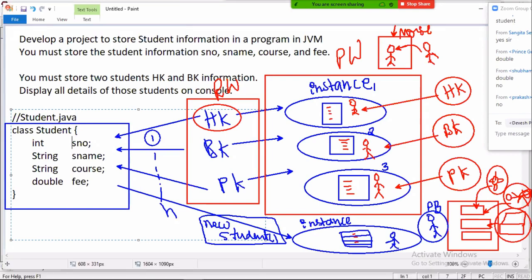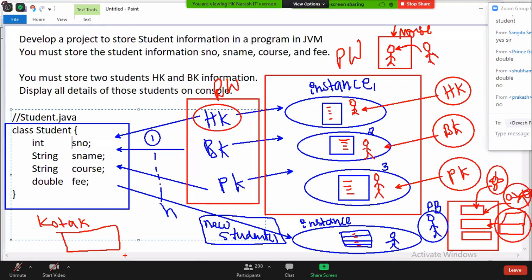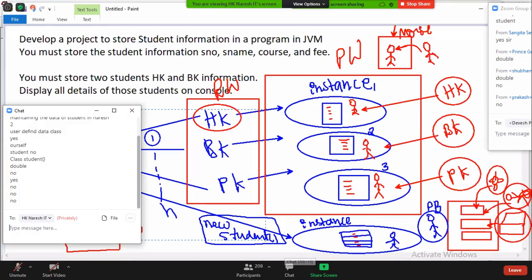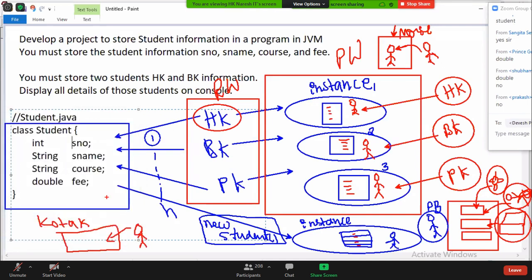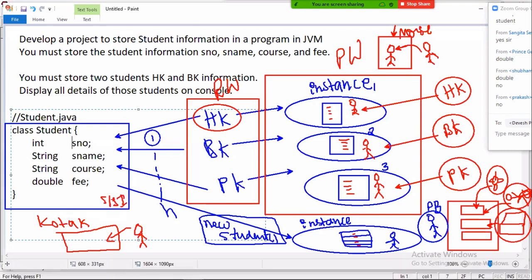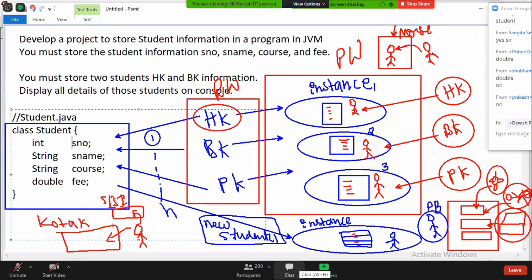As long as I'm not storing a real world object's values in the program, you cannot say that the object is available in the program. For example, I have Kotak Bank here. Tell me, in Kotak Bank, am I there or not? If my values are stored, my account will be there. If you take SBI Bank, am I there or not? If my account is there, then I can say SBI card holder, SBI Bank. Is it clear now?